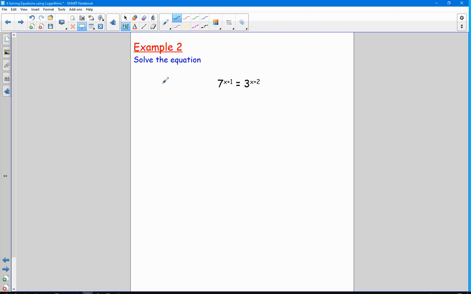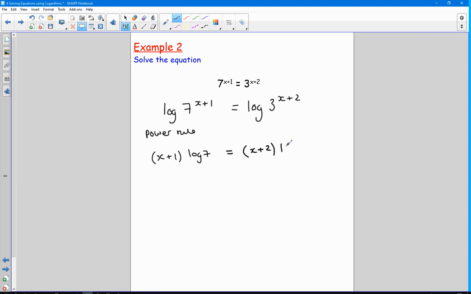So let's look at another example, a little bit more complicated. Let's go back to the blue pen, but again we're going to apply the same logic. We're going to take the log of both sides. So we're going to do the log of 7 to the power of x plus 1 equals the log of 3 to the power of x plus 2. And again, we're going to use the power rule to rewrite that. So I'm going to use brackets. So I'll get x plus 1 times the log of 7 is equal to x plus 2 times the log